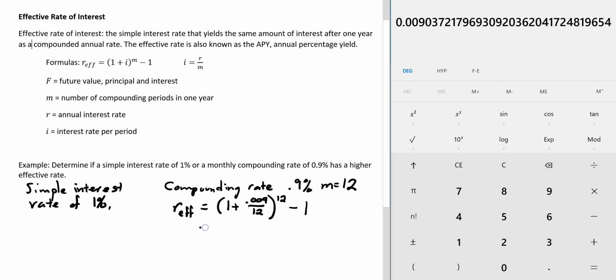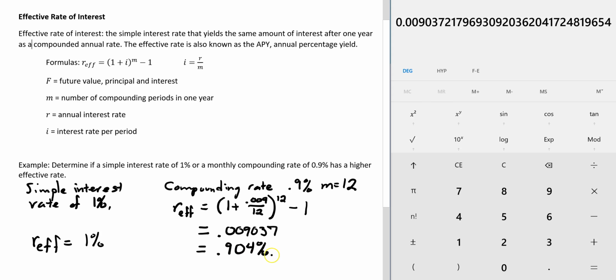So the effective rate calculation provides 0.009037 and so on. Changing this to a percent, it is 0.904%. We can see that the simple interest rate, its effective rate, is exactly what it is because it's already in simple interest. It's 1%. But when we compare it to the compounding rate